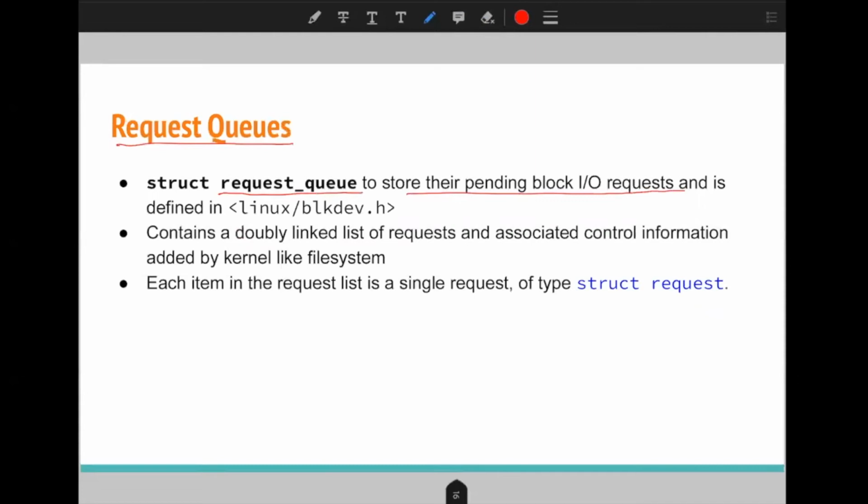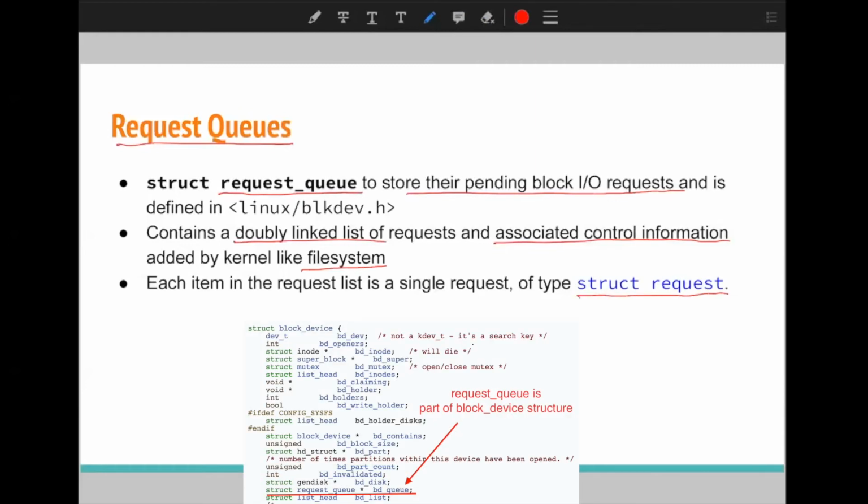So this is generally a doubly linked list of requests and associated control information that is required by the kernel, like in the file system. So each request inside this request queue is represented with the help of this request structure. So let's see in the next slide.